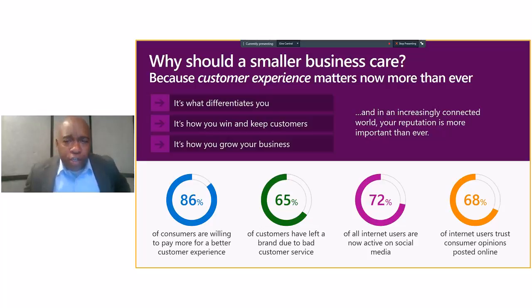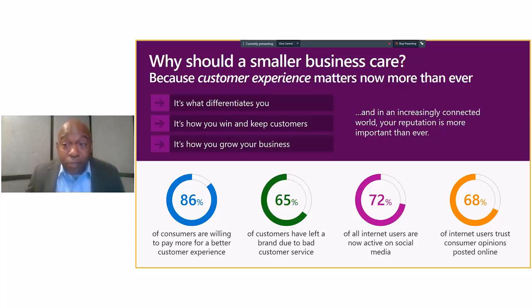So why should a small business care? Well, the simple answer is that customer experience is becoming more and more important. As competition grows around us, we have to be concerned with making our company stand out, to differentiate our company, to make it a company that individuals want to come to, want to purchase from, and want to get solutions from. Therefore, this is important no matter what size our company is.